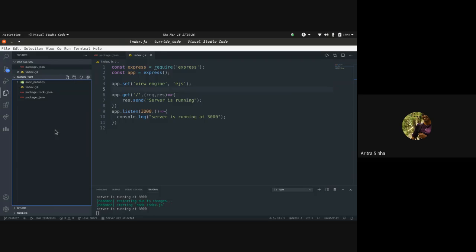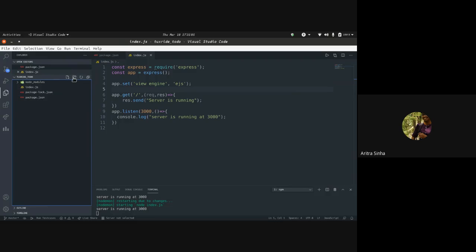Now I want it to be a bit modular. Node.js follows an MVC architecture. MVC is basically model, view, and controller. Model is any information that is stored in the database, maybe its structure, maybe all the data. View is something which is visible to the client, visible to the users, and controller is something that acts as a communicating point between model and view.